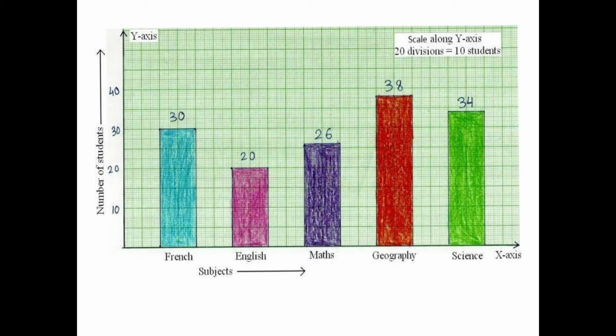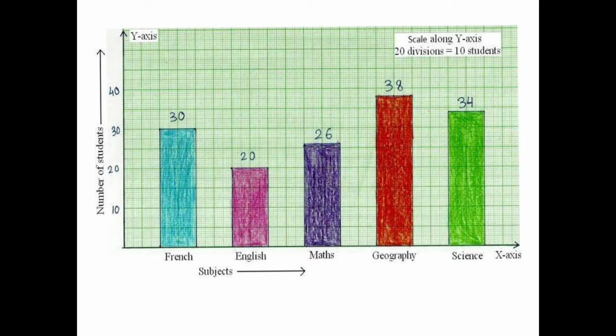This is a graph paper, which we already know. We can draw the graph by following the given steps. First, on a graph paper, draw a horizontal line OX, or we can give it any name, and a vertical line OY. These lines are called the x-axis and y-axis. The vertical line is the y-axis, and the horizontal line is the x-axis.